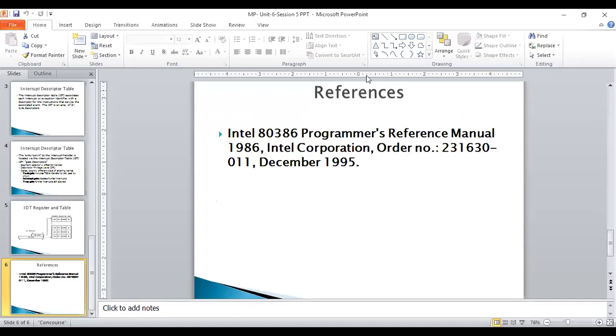Right. So this is the initial structure for this. We will go for the detailed structure of it, related to the interrupt descriptor table, because the interrupt descriptor table will have the questions related to this.